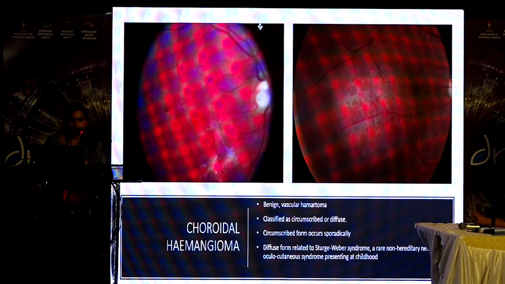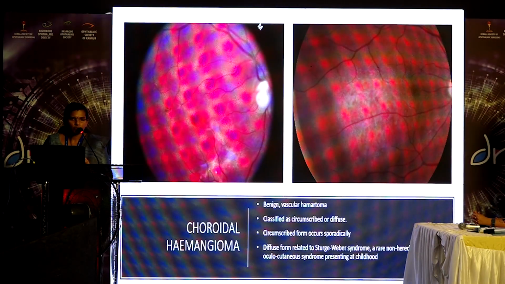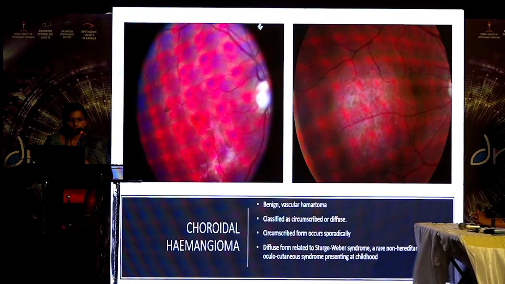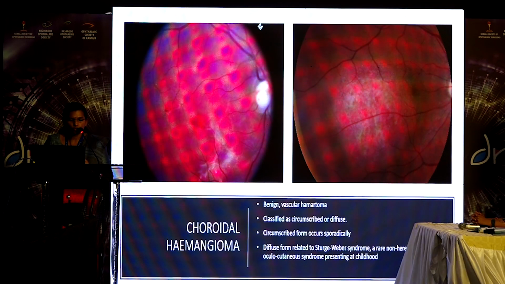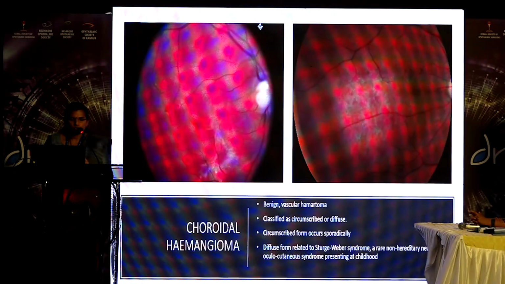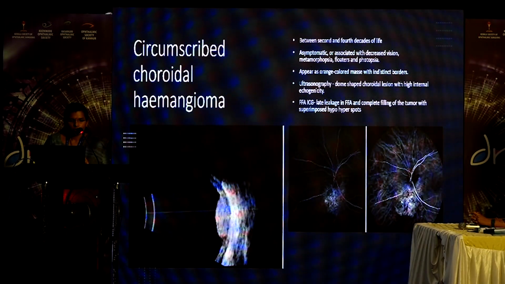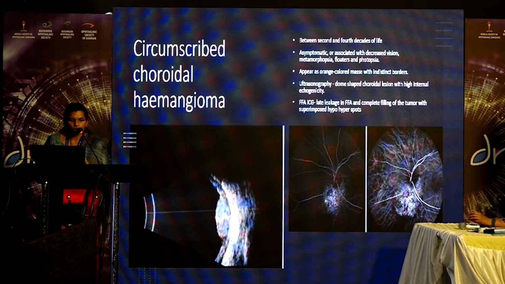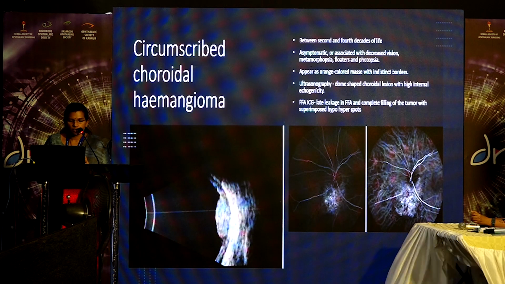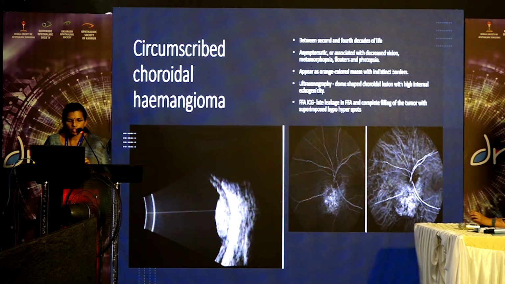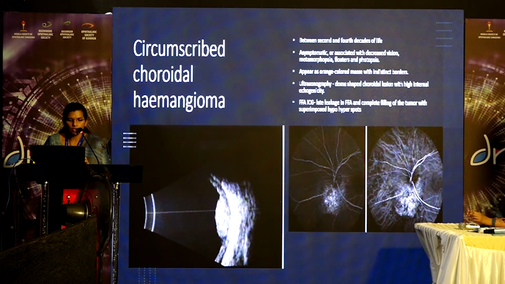Now coming to choroidal hemangioma, these are benign vascular hamartomas, and they are classified into circumscribed form or diffuse form. Circumscribed form usually occurs sporadically, and diffuse form is usually associated with Sturge-Weber syndrome. The circumscribed form usually presents in around the 4th decade of life and is mostly asymptomatic, and appears as an orange colored mass with indistinct borders. In ultrasonography we can see a dome-shaped choroidal lesion with high internal echogenicity,